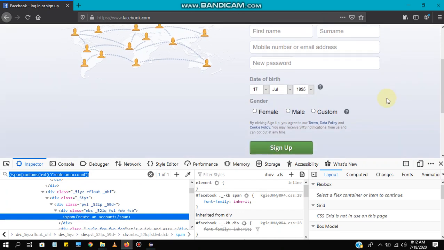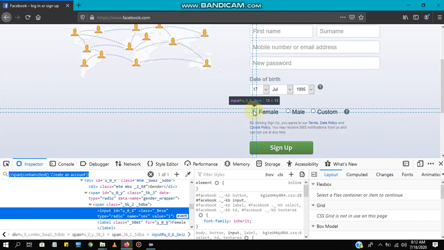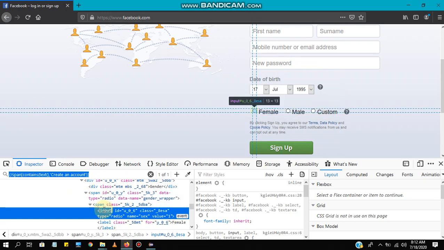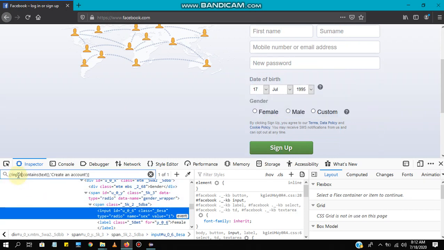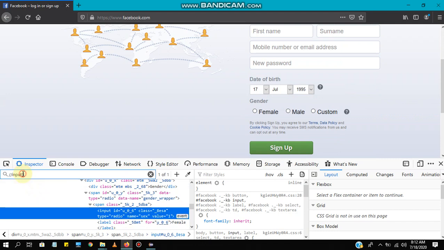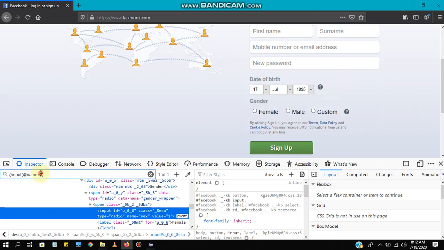Assume you want to click this female radio button. Just click here and click on this female radio button. These are the information related to that female radio button. Here you can use the tag as input. I am going to capture this using the name equals, just copy this value and paste it here.